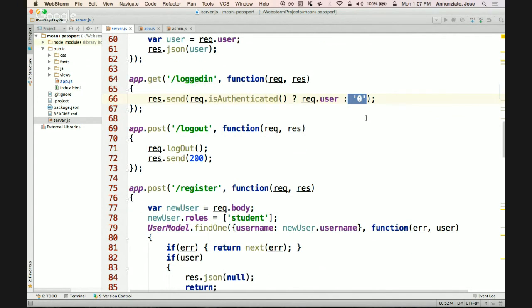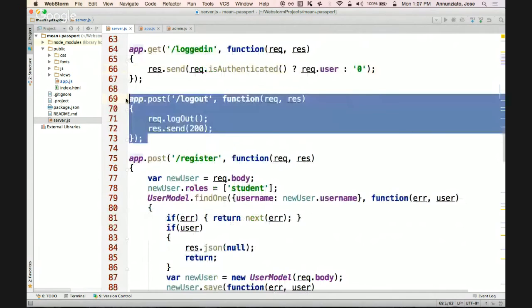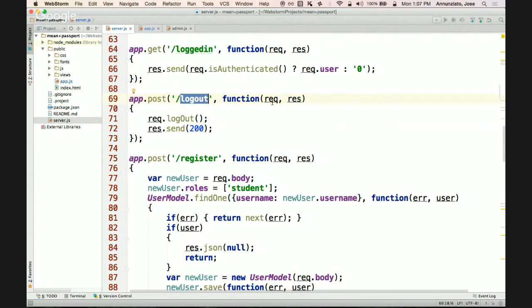Log out. Somebody can post. Click on a log out button, and it'll post here a log out. Again,